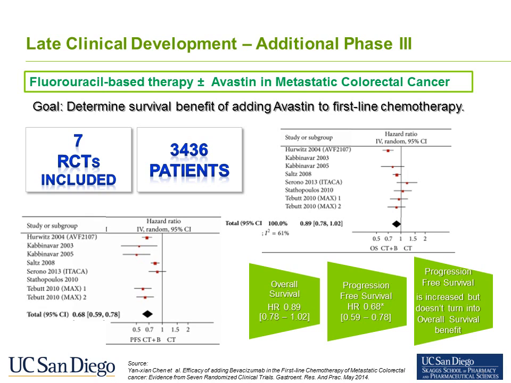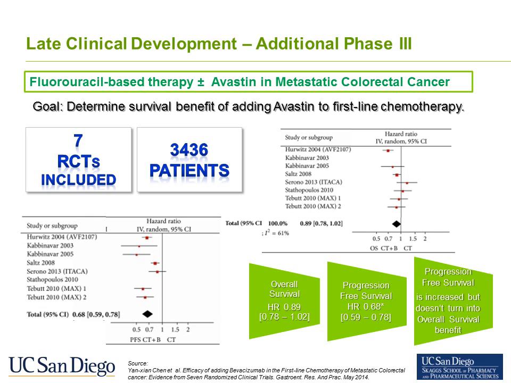This is opposite from what the first pivotal phase 3 trial showed, which a lot of the FDA and the EMEA indication was based on. So no overall survival benefit could be shown when seven randomized controlled trials were combined. What did show a consistent statistically significant effect was the progression-free survival, which had a hazard ratio of 0.68 with a confidence interval of 0.59